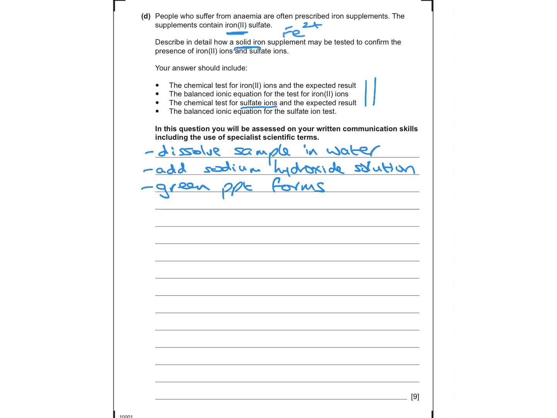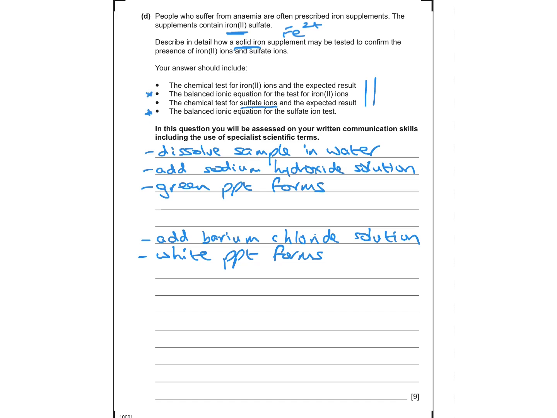And for the sulfate ions, we use barium chloride solution. And again, you should have the word solution in there. And when barium chloride solution is added to a solution containing a sulfate, a white precipitate forms. Now the final bullet point here is that we have to write ionic equations for the sulfate test, and the